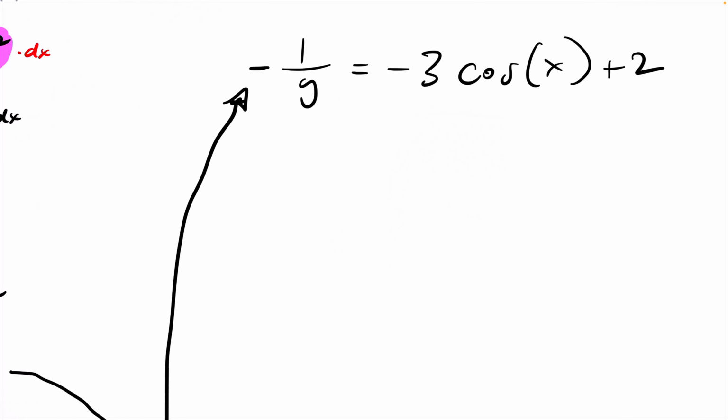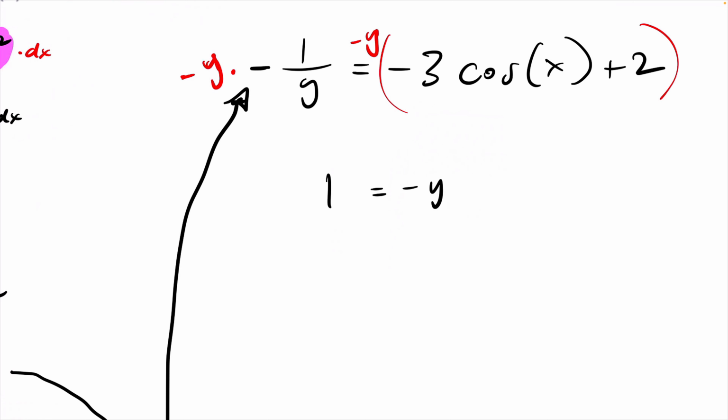Well, what am I going to do to get y by itself? Because it's 1 over y, right? Multiply both sides by y. Actually, I'm going to multiply both sides by negative y because I want to get rid of that negative as well. 2 birds with 1 stone. I can do it in one swoop. So negative y times negative 1 over y equals 1. Over here I have negative y,